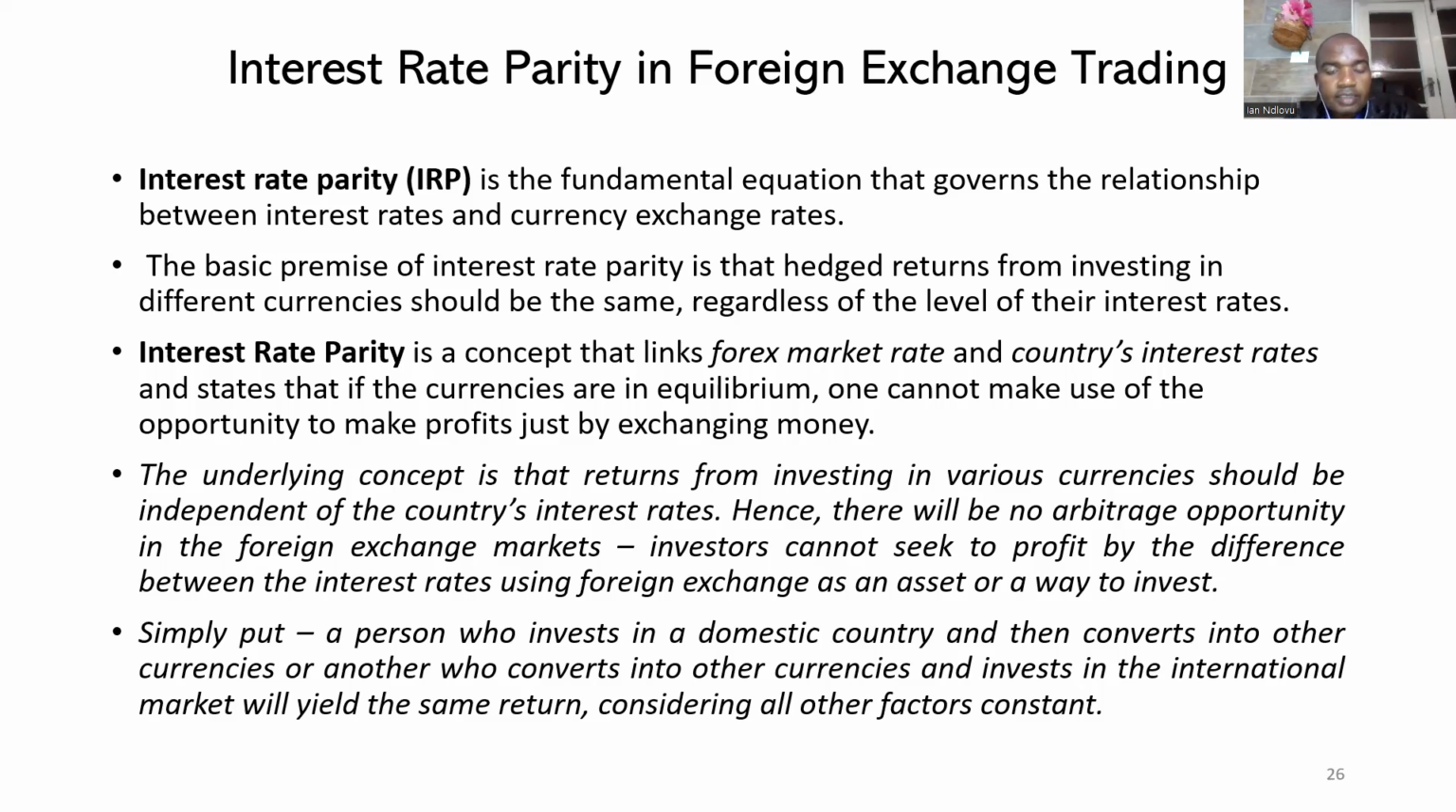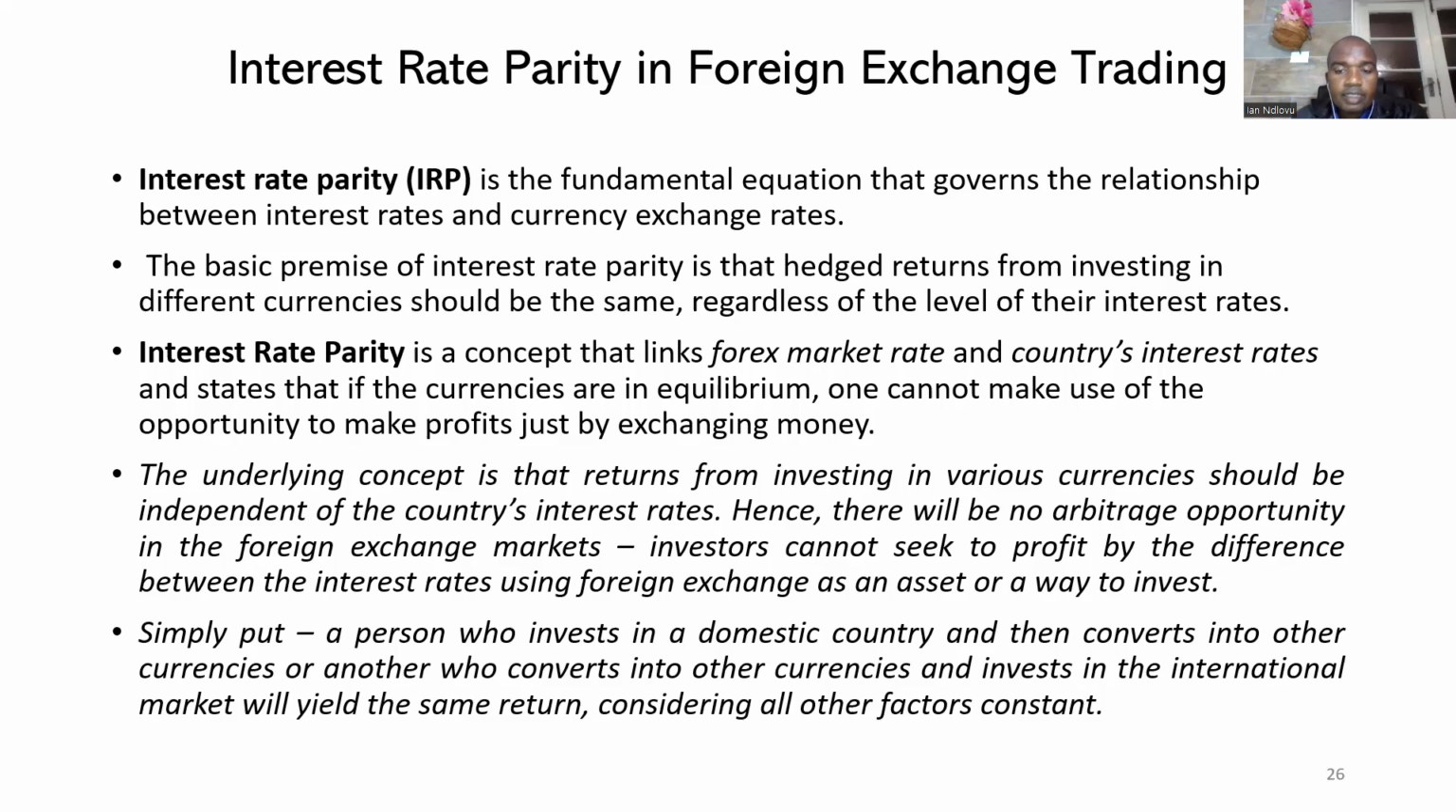Interest rate parity is a concept that links the Forex market rate and the country's interest rates, and states that if the currencies are in equilibrium, one cannot make use of the opportunity to make profits just by exchanging money. So there is no room for arbitrage. The underlying concept is that returns from investing in various currencies must be independent of the country's interest rates. Hence, there will be no arbitrage opportunity in the foreign exchange markets,